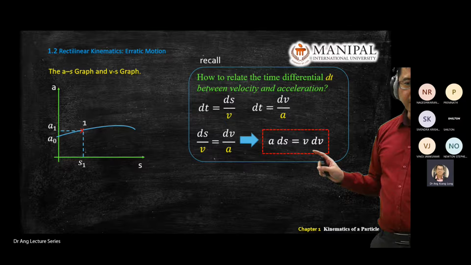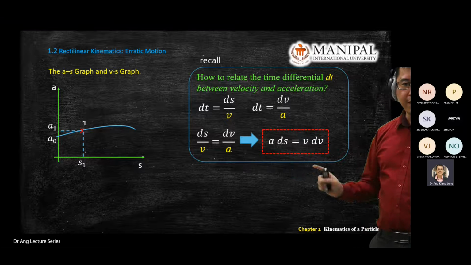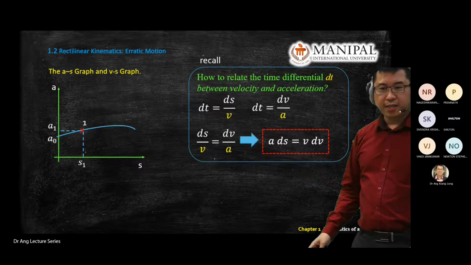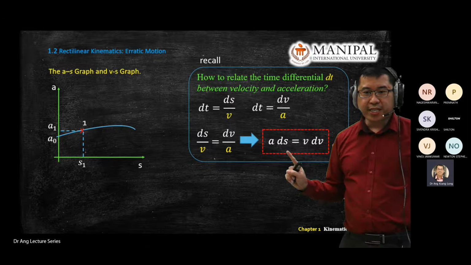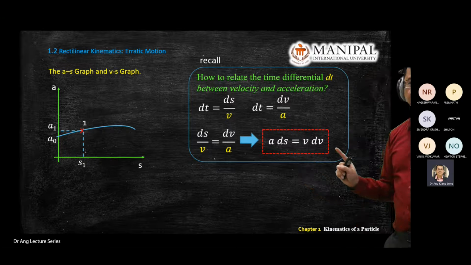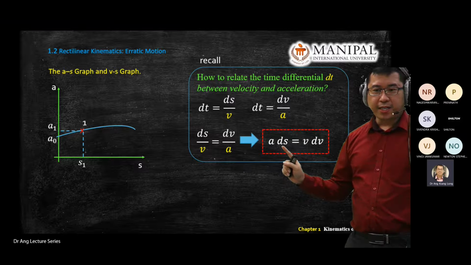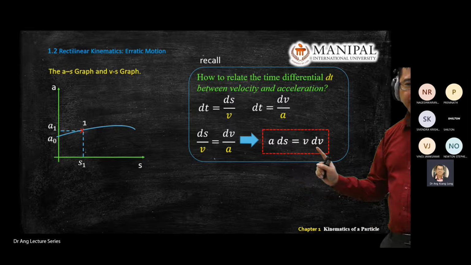We derive this from the definition of acceleration and velocity. That's why we arrive at a ds equals v dv. Every time we see ds, dv, or dt, something d on one side, something d on the other side,